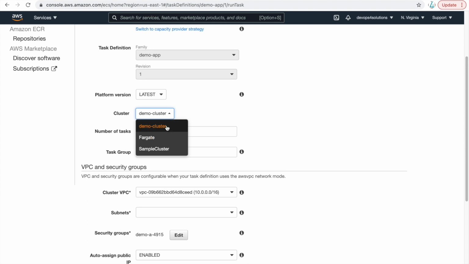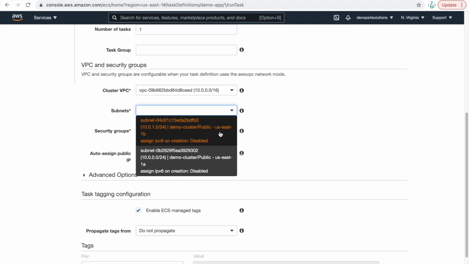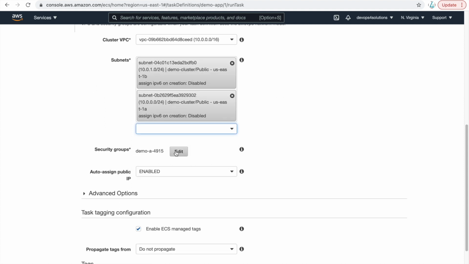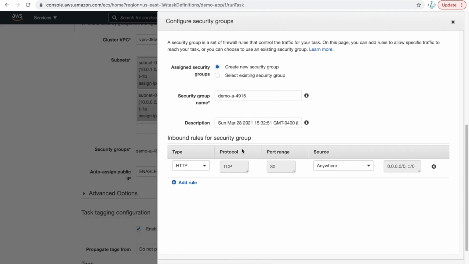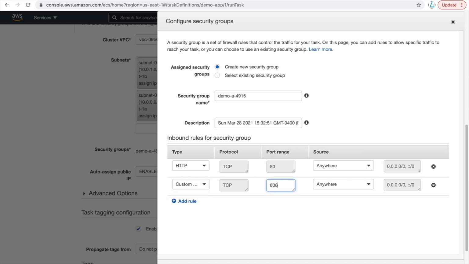I am putting the number of tasks as just one, and this is the VPC which we have created. You can select the public subnets also for that, and here are the security groups. In case your application is running on any other port, then you need to configure it.